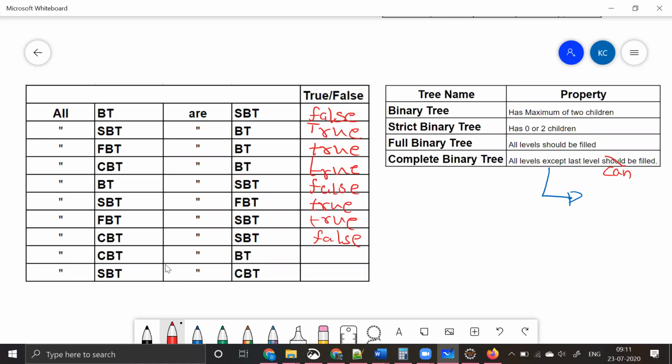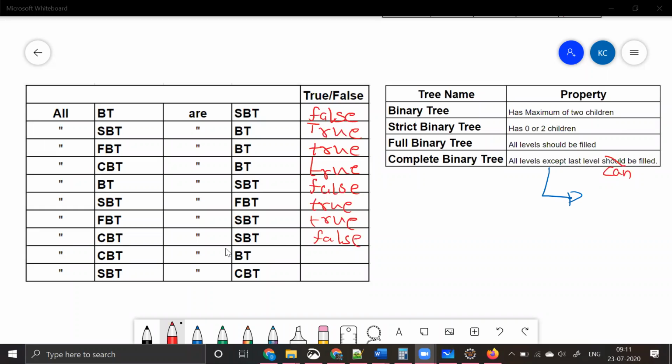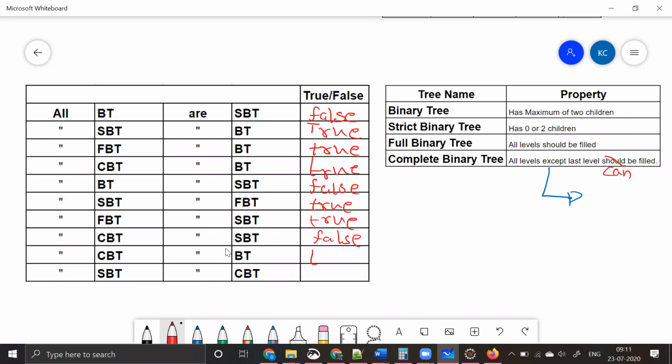Okay, all complete binary trees are binary trees. Is this correct? This is obviously a straightforward one, which means it's true. And the final one,